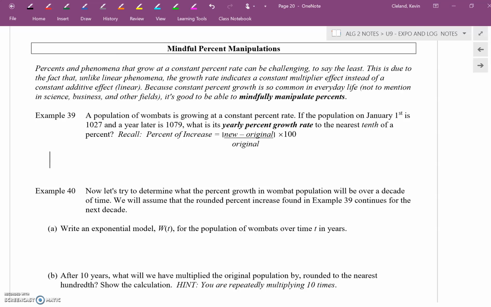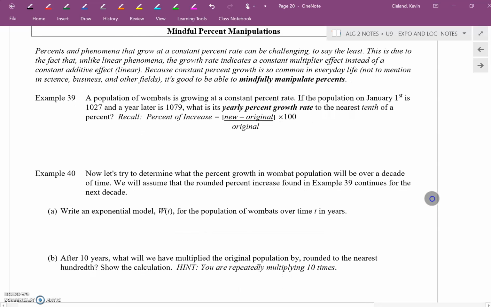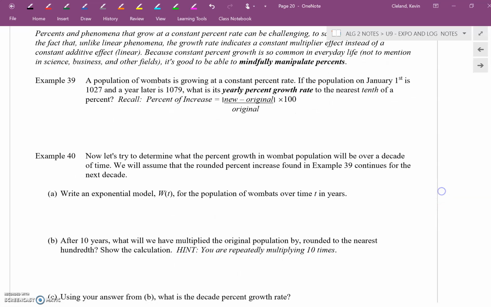So we got an example here about a population of wombats growing at a constant percent rate. If the population on January 1st is 1027 and a year later it's 1079, what is the yearly percent growth rate? Okay, this is an old formula where you subtract the old from the new and then divide by the old and then multiply by 100 and you've got the percent increase. It's really just percent change. It just happens to be increasing, so they're calling it percent increase. So in this case,